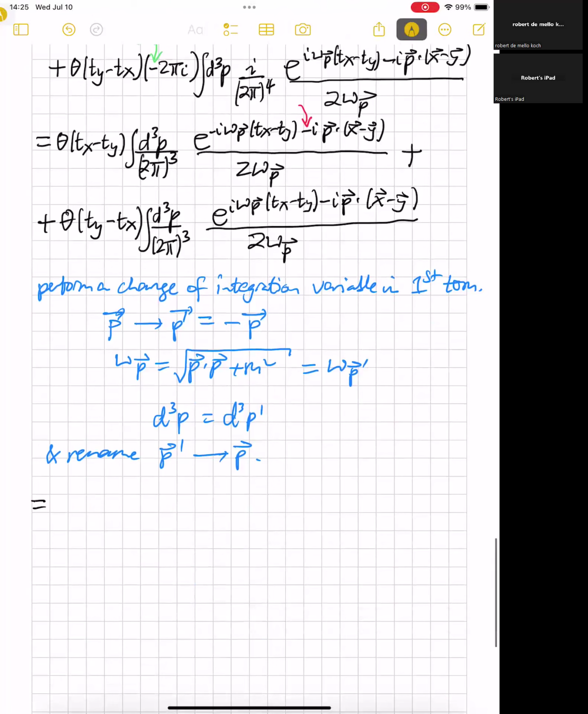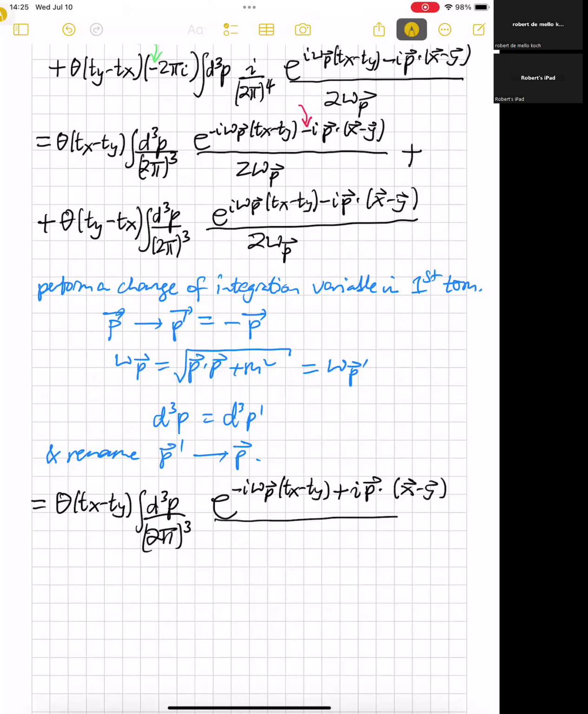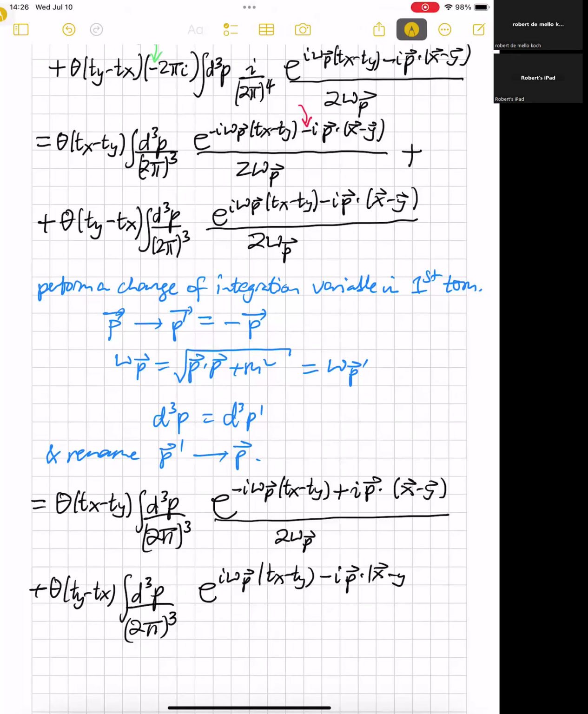Well, finally things become theta of (t_x minus t_y) integral d³p over (2π)³, we'll have an e to the minus i omega_p (t_x minus t_y), and now it's a plus because of this little change of variables that we've done, i p dot (x minus y), over 2 omega_p, plus theta of (t_y minus t_x), an integral d³p over (2π)³. And then we've got e to the i omega_p (t_x minus t_y) minus i p dot (x minus y)